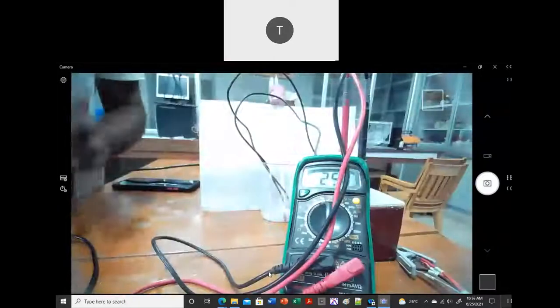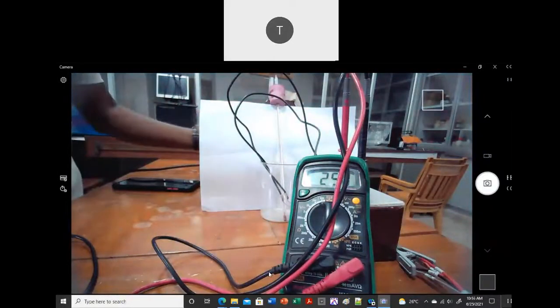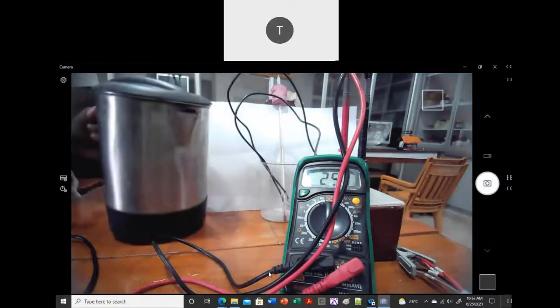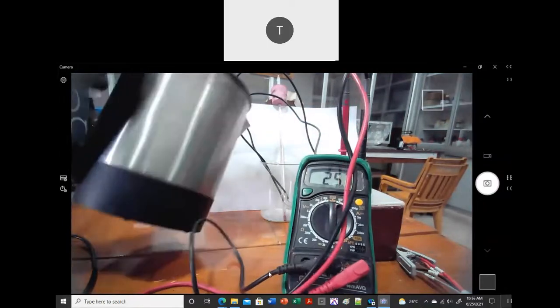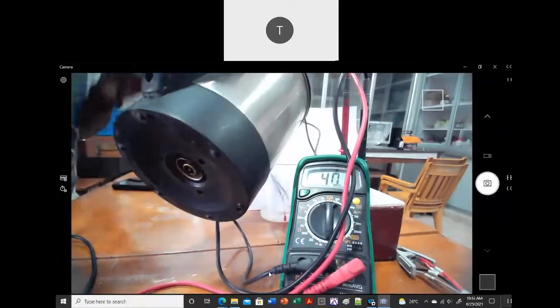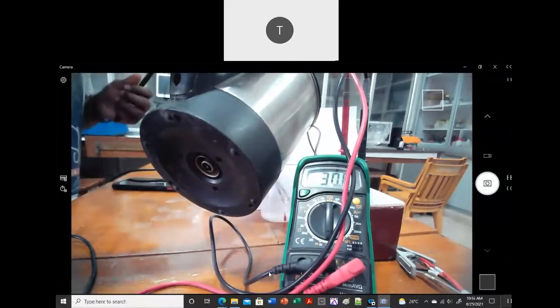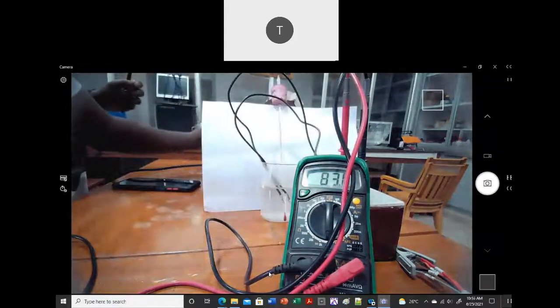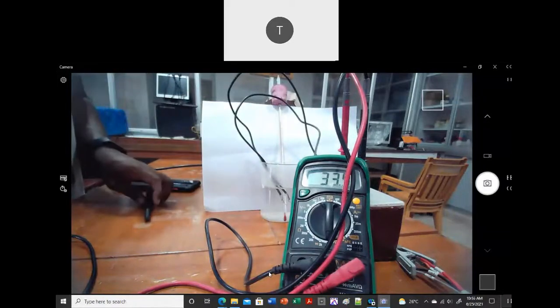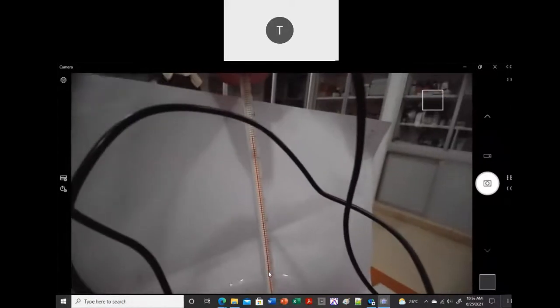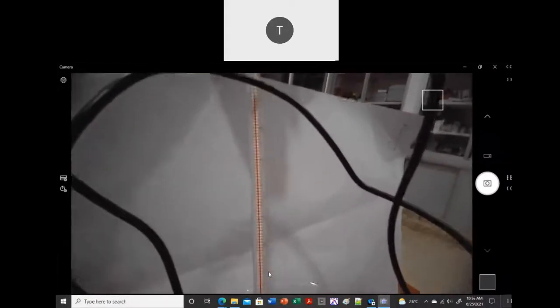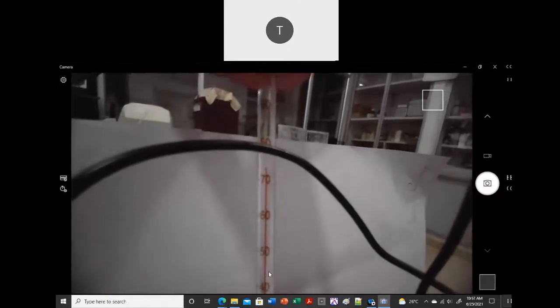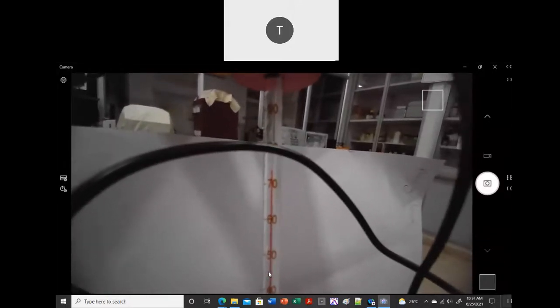Now what you do is you take hot water, and you just pour it inside your beaker. Then what happens? You can see the temperature will also change. You can see here the temperature has changed. It is almost close to 70, but in principle it can also go up to 85, 90.